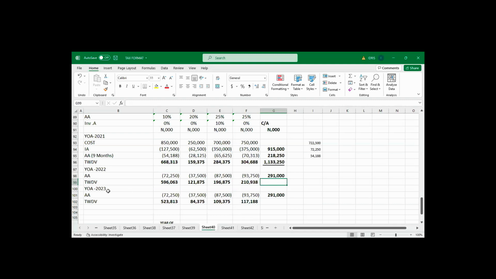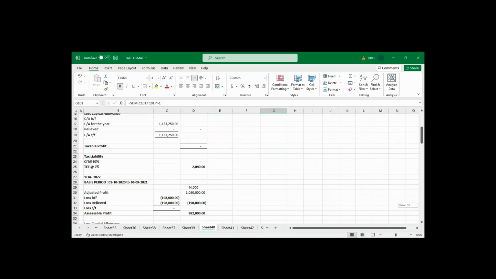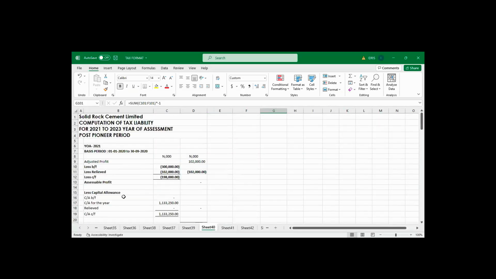For third year too, 2023 year of assessment, the same thing happened. 291, you claim the full 12-month annual allowance. So your total capital allowance in the third year is 291. Once you get your capital allowance, you can now go back to the computation of taxable profits. In the first year, 2021 year of assessment, I don't have any profit because of the loss. My capital allowance I computed